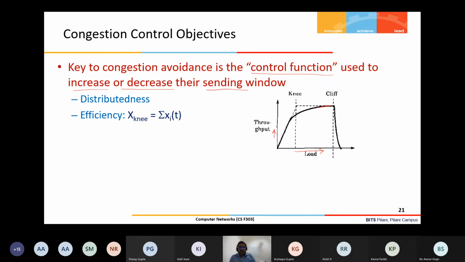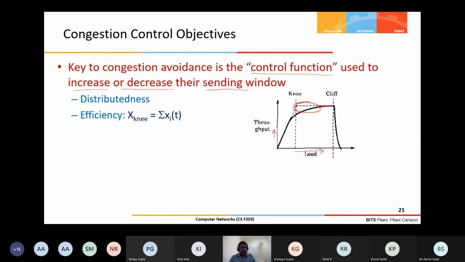So precisely, at the knee, this is basically the operating point. Your connection should operate most of the time somewhere here. Once it reaches the cliff, it will fall down, meaning packet loss will occur or buffers will overflow. So we can say that at the knee